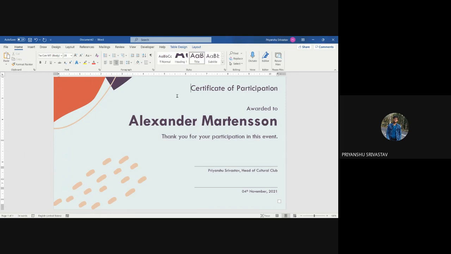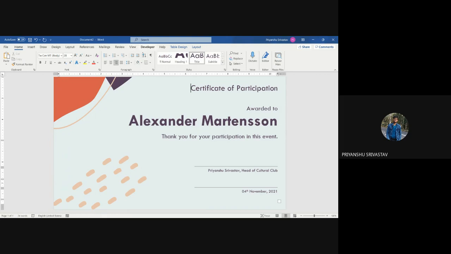Now, to insert contents dynamically inside your template, we need to create some content controls. Content controls allows us to define areas within the Word document that we want to make editable. For example, here in the name field, we have to dynamically change the name for each participant. We cannot make that static. For example, we cannot have that Alexander Marteson to be printed on each of the certificates. In order to tell Word that this is a dynamic content at this position, we have to create some content controls. To insert content controls, developer tab is used.